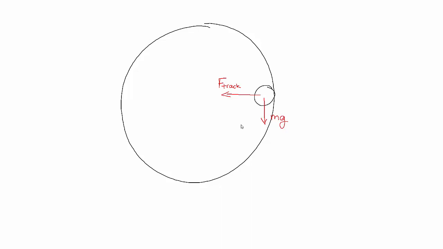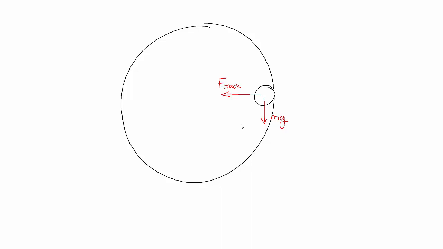Those two forces are perpendicular to each other. The force of the track is in towards the center of the circle. It's that force of the track that's responsible for changing the direction of motion of the ball. But that force of gravity is not towards the center of the circle. It's not away from the center of the circle. That force of gravity is